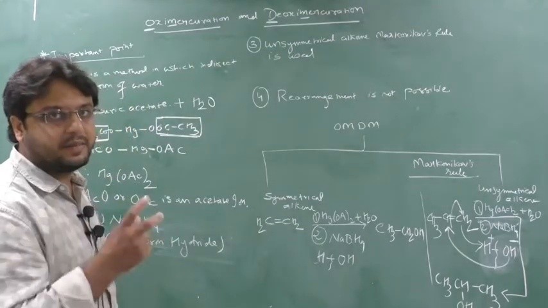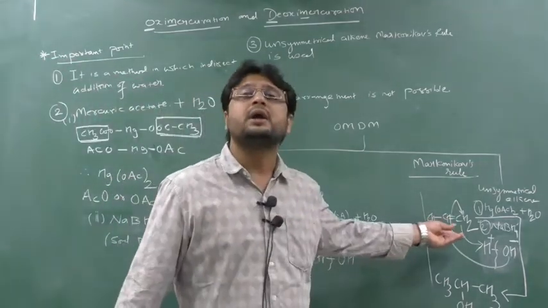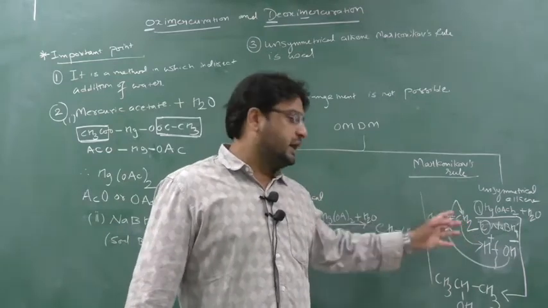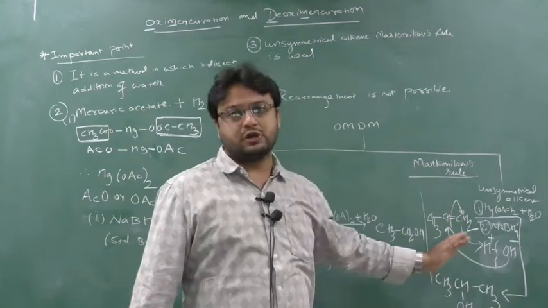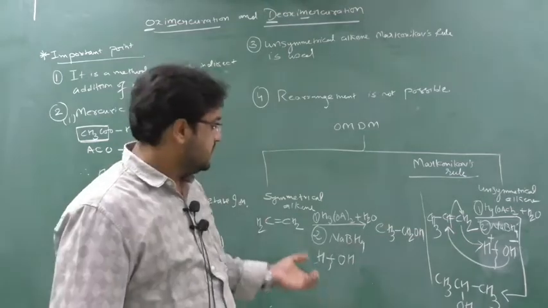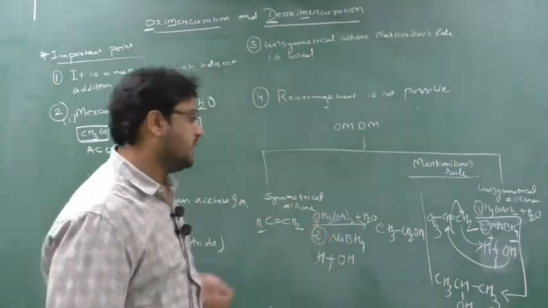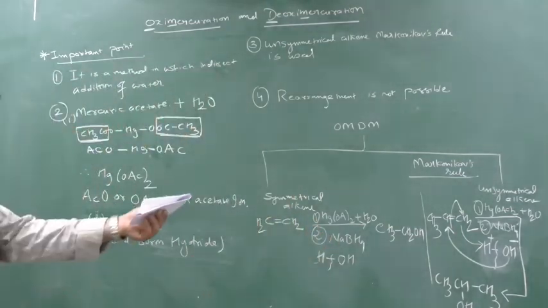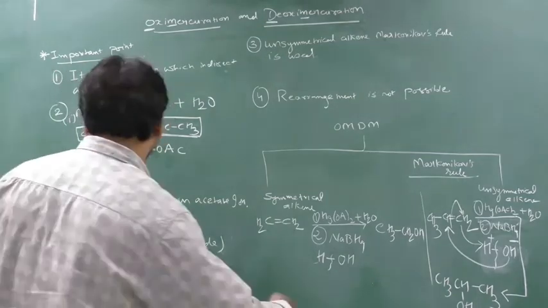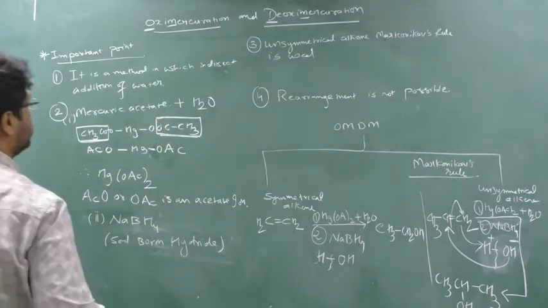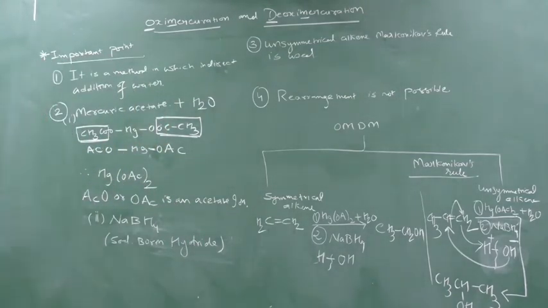So always understand the mechanism using what? An unsymmetrical alkene, so that it will be completely set up in your mind, and always practice at your home the mechanism with the symmetrical alkene. Clear this part? I will explain once more this unsymmetrical alkene. Take a screenshot, it will be clear to you. Take a screenshot. So these are the important key points for oxymercuration and demercuration.